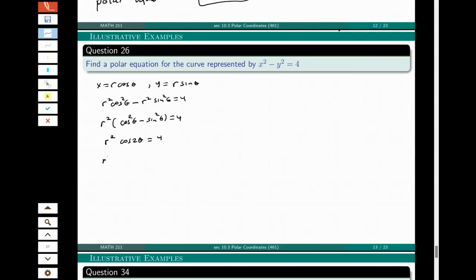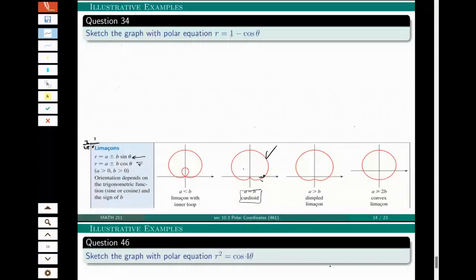That is actually the equation, but we can reduce it to say r squared is 4 over cosine 2 theta, which means r squared is equal to 4 times secant 2 theta. So that will be the simplest form, but that is also true for polar coordinate. For graphing r is equal to 1 minus cosine theta, we have two methods. First method is using the table,